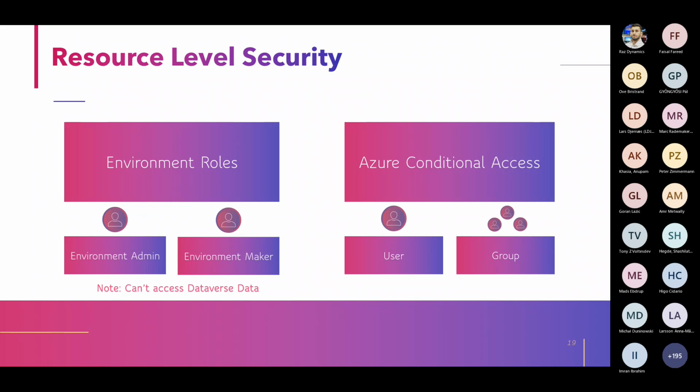So these resources can also be managed using environment roles. So once you have the access in the environment, roles play a key role actually to decide what I can do or what resources I can access within an environment. Okay, so we have basically two types of environment roles: environment admin and environment maker. Environment admin is basically the user who can do anything in the environment. That means they can do anything in the resources. They can create the resources, they can delete the resources, they can assign the resources, they can manage the users. So they can do all sorts of admin activities in the environment,